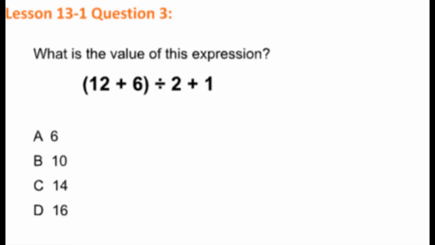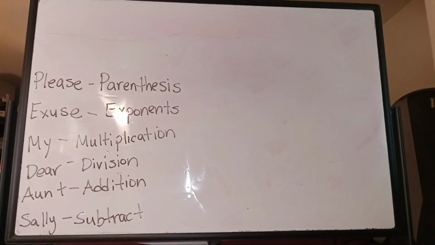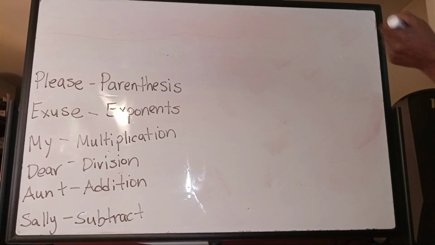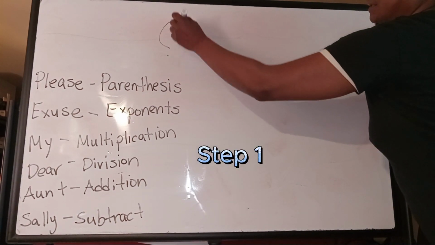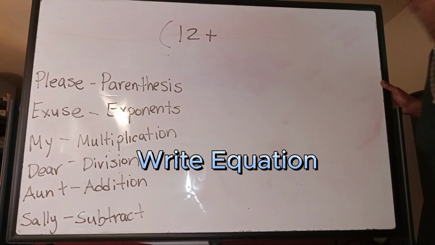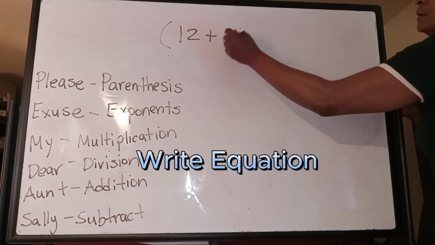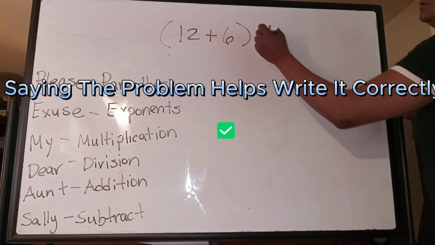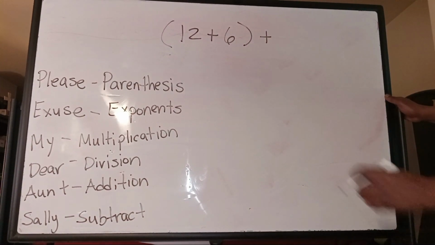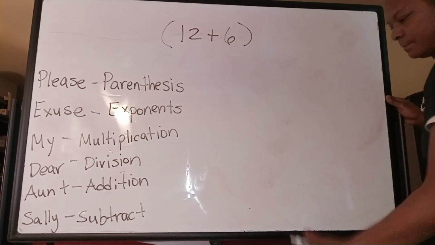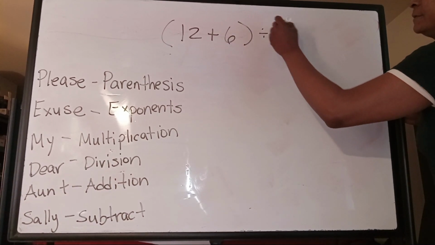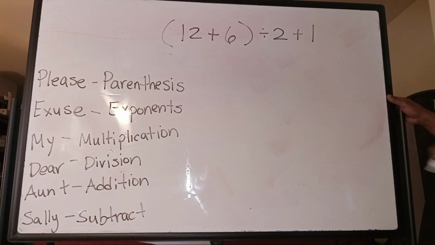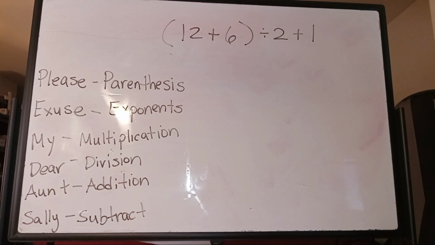What is the value of this expression? 12 plus 6 in parentheses divided by 2 plus 1. So, like the problem says, we have parentheses 12 plus 6, close parentheses, divided by 2 plus 1. All right? And so, the first thing we do is,